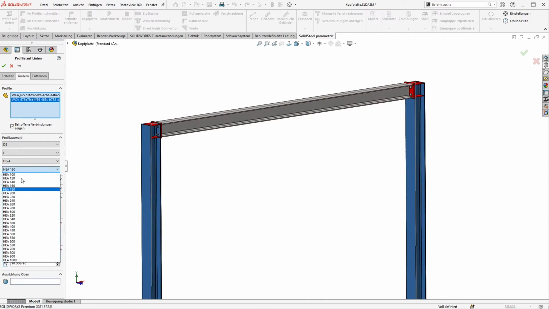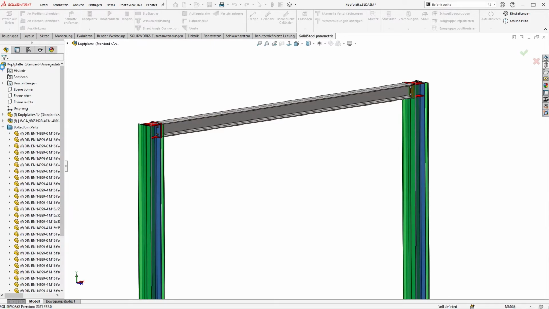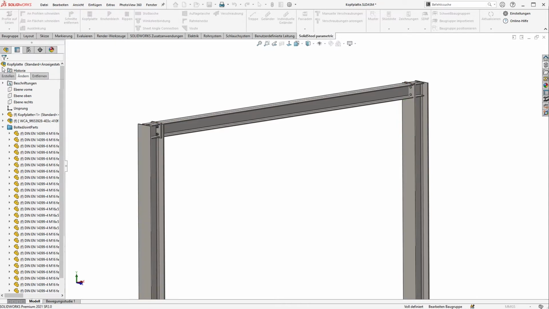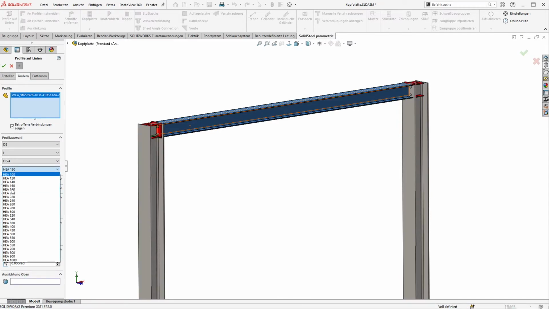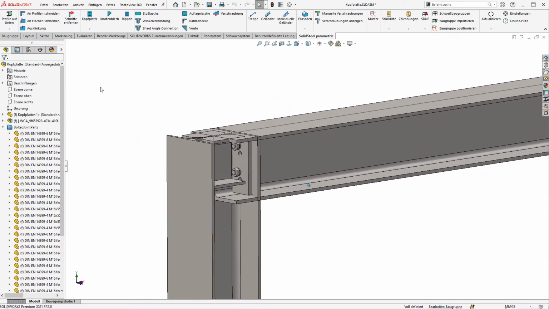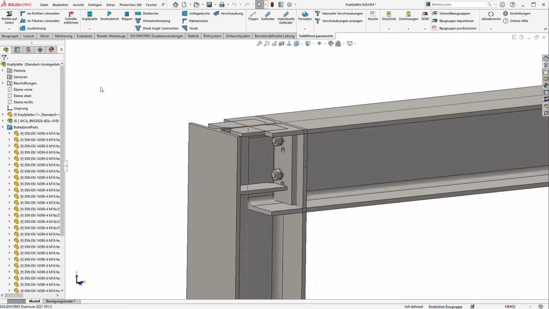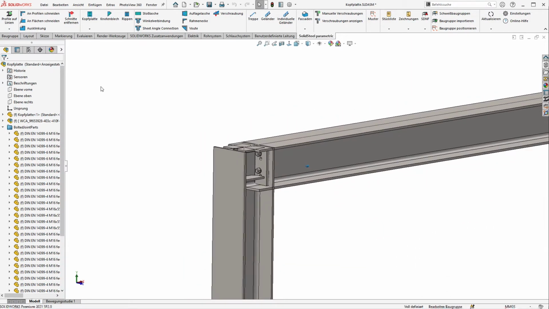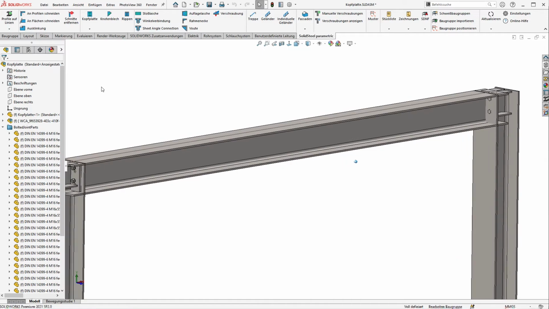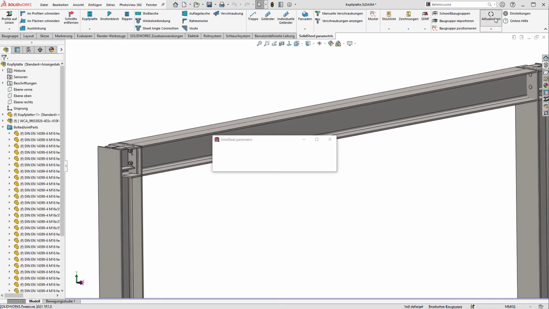In the profile selection, we change the support from HEA 180 to the just calculated HEA 240. Immediately get a preview and confirm the change. We now change the upper beam in the same way to an HEA 240. Let's take a look at it up close. That doesn't look nice, it can't stay like that. Fortunately, there's the update button I press now, and that will then adjust the ribs and shorten the beams to fit. It takes a little moment.